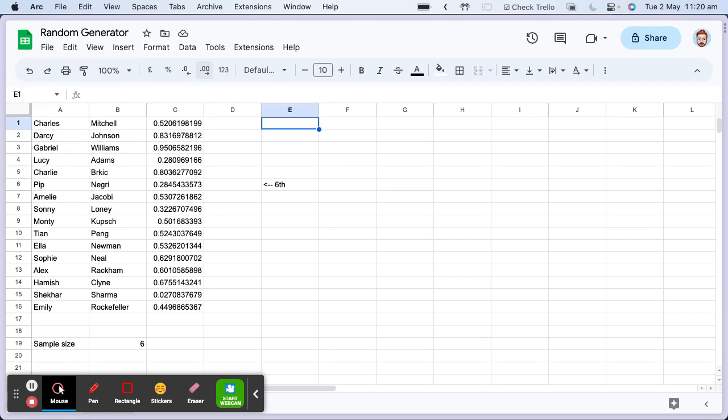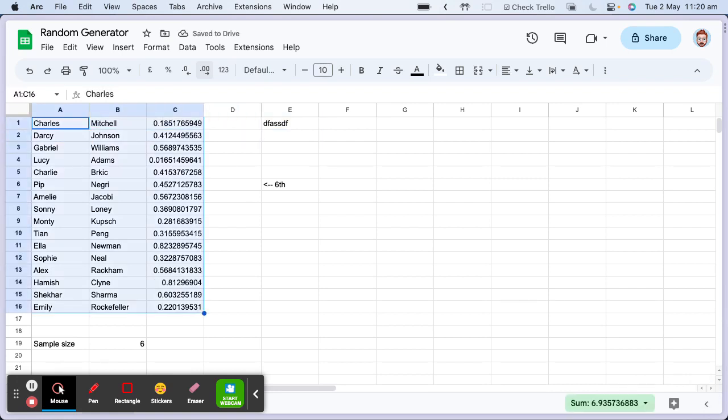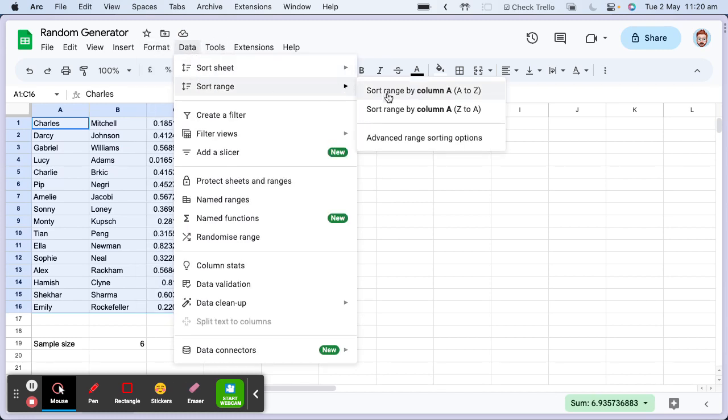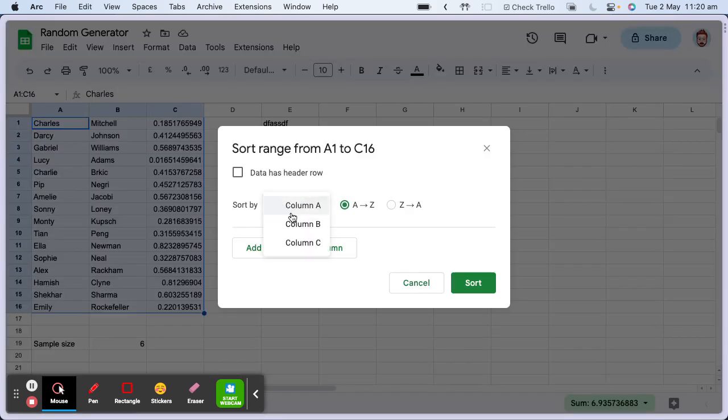But if I regenerated the list, if I need to get another 6 people for another reason, I just regenerate the random numbers and then grab it and then sort it. And then the winners of the $100 gift vouchers now are